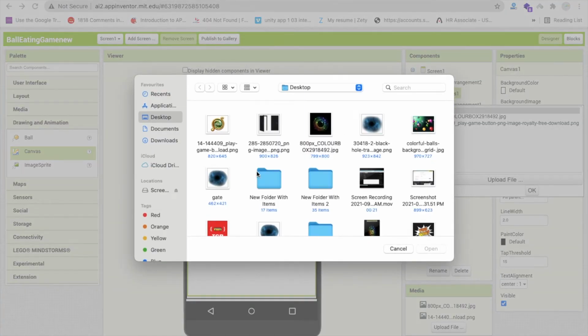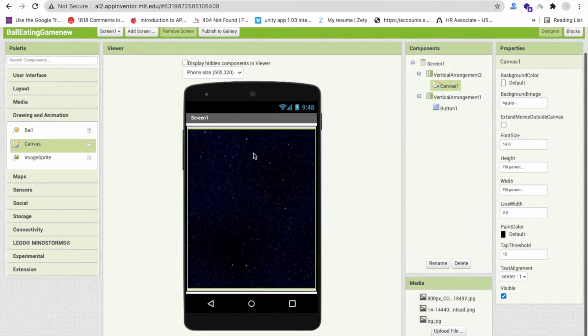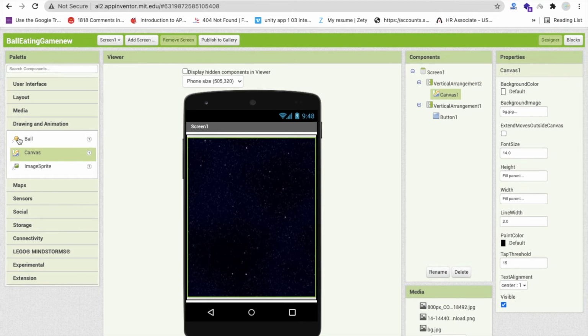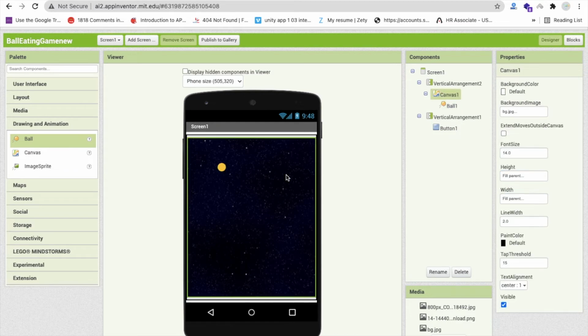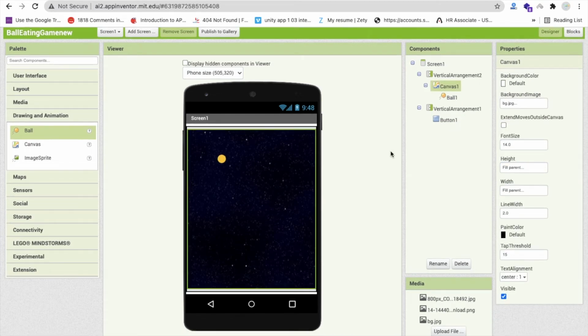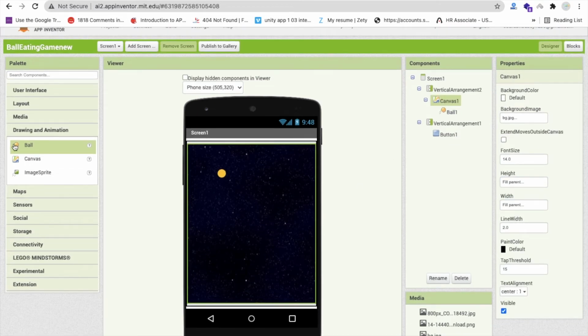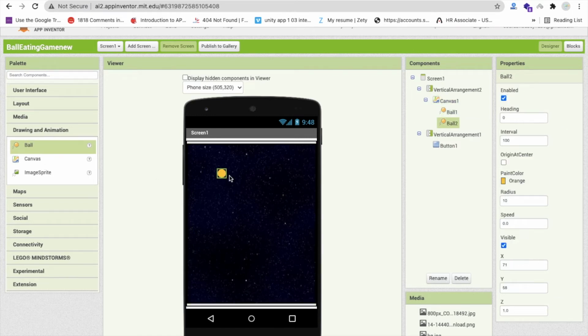So I'm going to add this one image here, and I'm going to drag and drop some balls here like this, and make sure I change their paint color, and you can change your radius like 5 or 10, whatever, but we will change it dynamically in the code part. So let me just drag and drop, or you can just copy paste this button around 6 to 7 times, something like this,